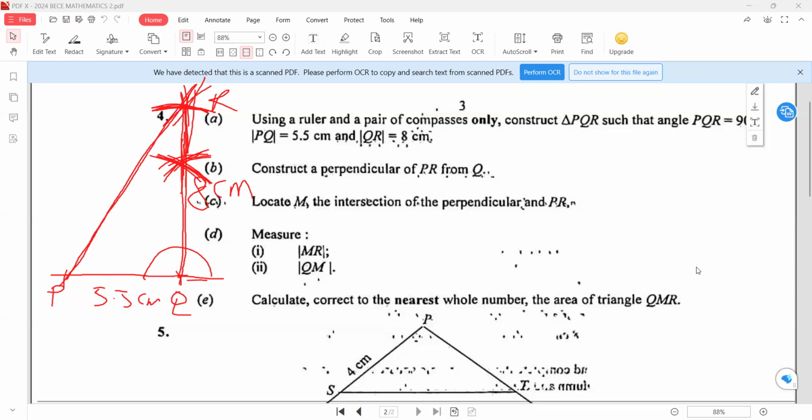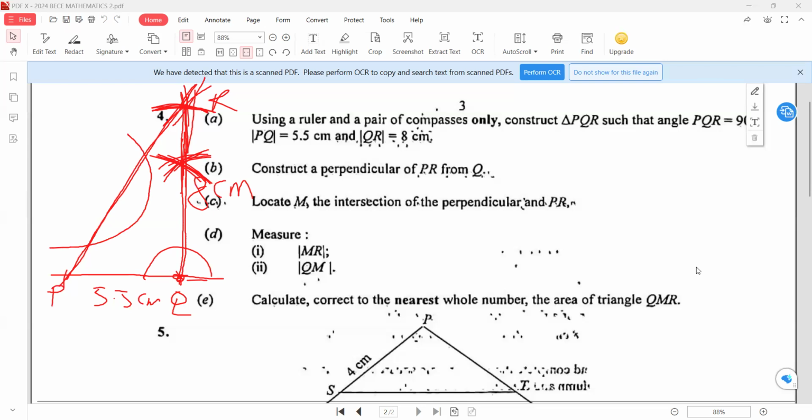Now, the next part of the question is to construct a perpendicular to PR from Q. So a perpendicular to PR from Q means that I'm supposed to draw a line that meets PR and gives us an angle of 90 degrees. So first I have to step at Q and get a semicircle at PR. Don't forget the semicircle's endpoints are what we need. So I can step at Q and either draw a semicircle like this, or I draw an arc to cut